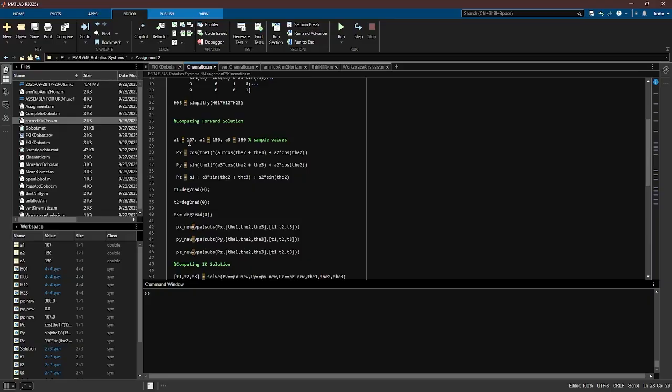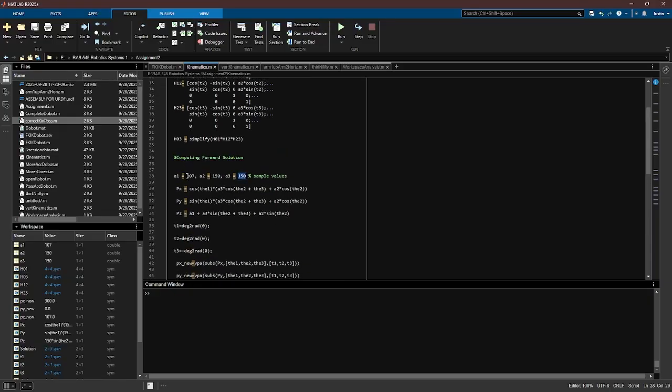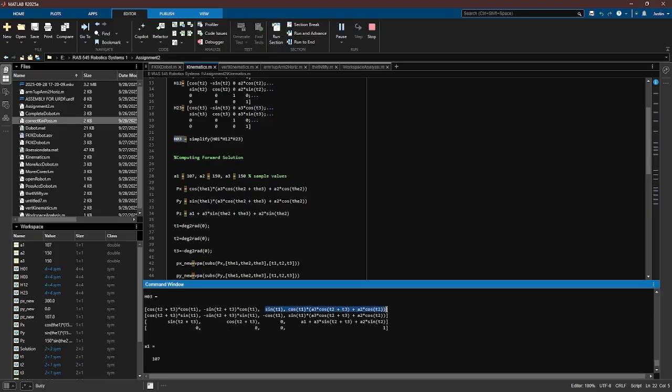kinematic solution to this, we take the robot's link length, which is 107 millimeters height for the base, 150 millimeters for the length of each arm, and then to find the position, we input each of these into the homogeneous matrix. Or we don't input these into the matrix, just the matrix puts out, let me run it. It puts out these